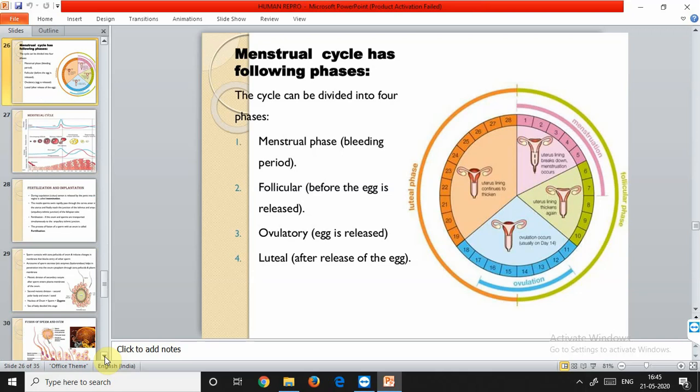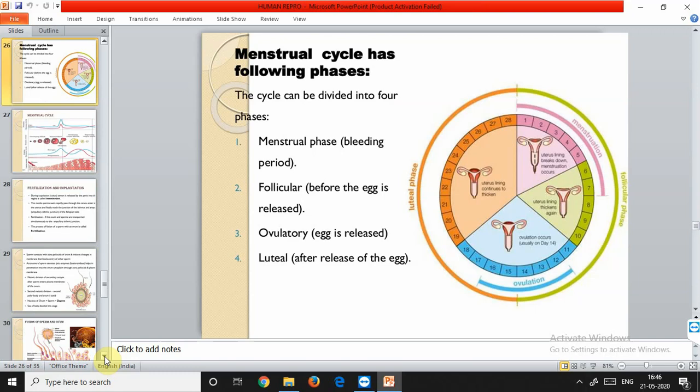The luteinizing hormone starts the change of the empty Graafian follicle into the corpus luteum. Now the Graafian follicle is empty, as the ovum has been released from inside it, and it starts to change into the corpus luteum. Another hormone starts to be released, that is progesterone, and this hormone is released from the corpus luteum. There is not much change seen in the uterine endometrium during the ovulatory phase.